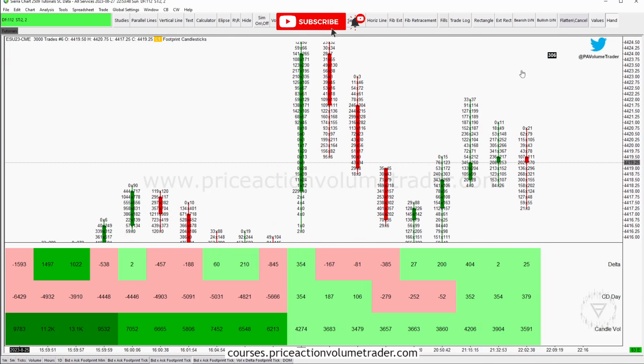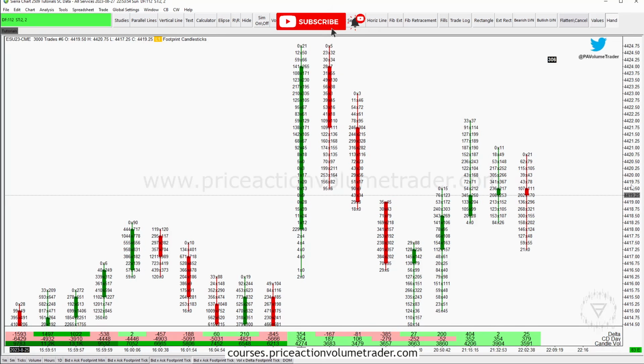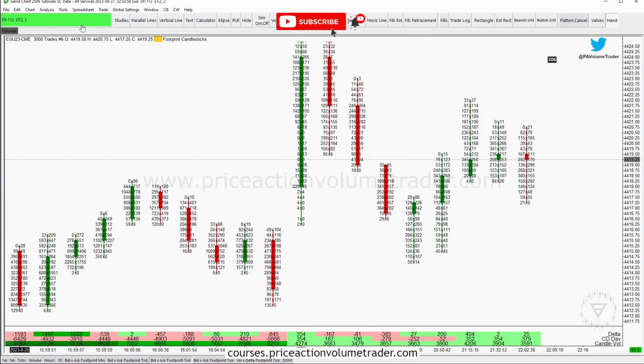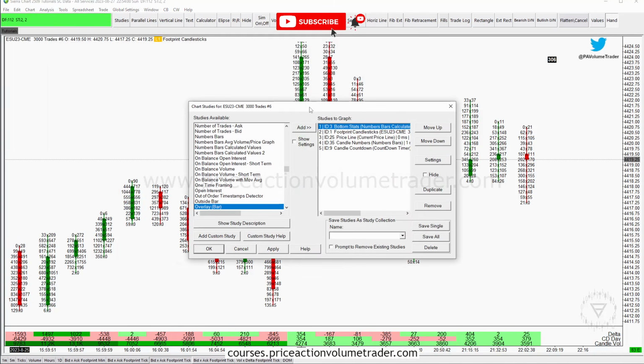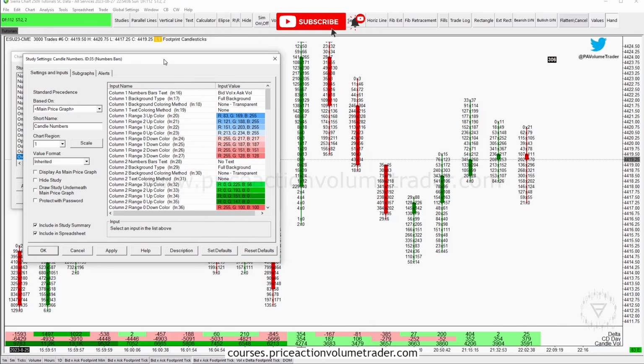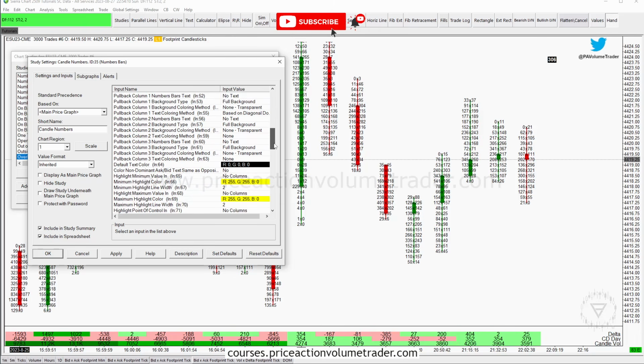So what I do for that, let me just pull this down, because I like to have these numbers at the bottom. I don't like it to take up so much of my screen. We go back to analysis studies. Let's go back to candle numbers, settings,